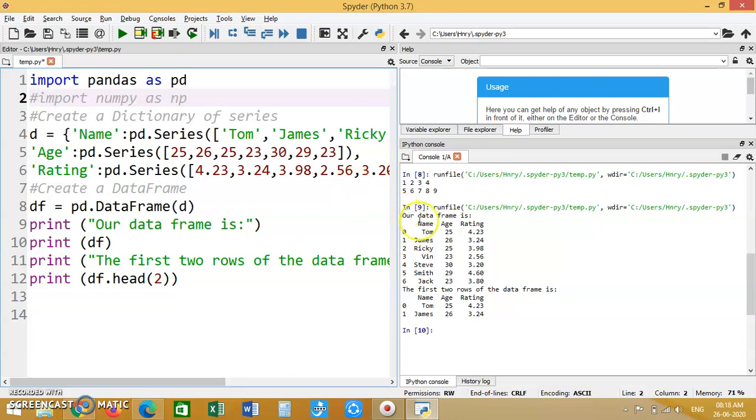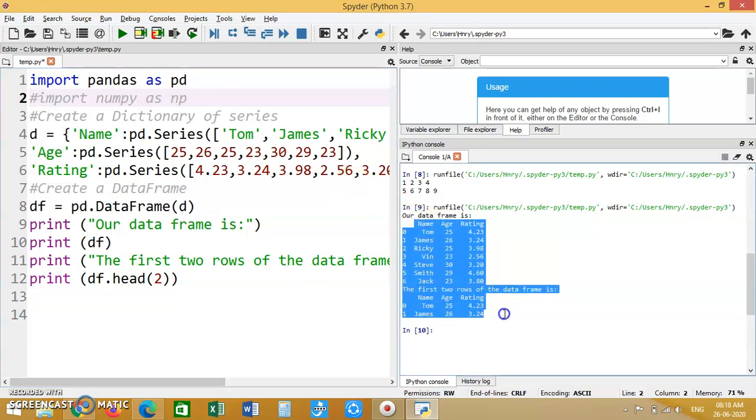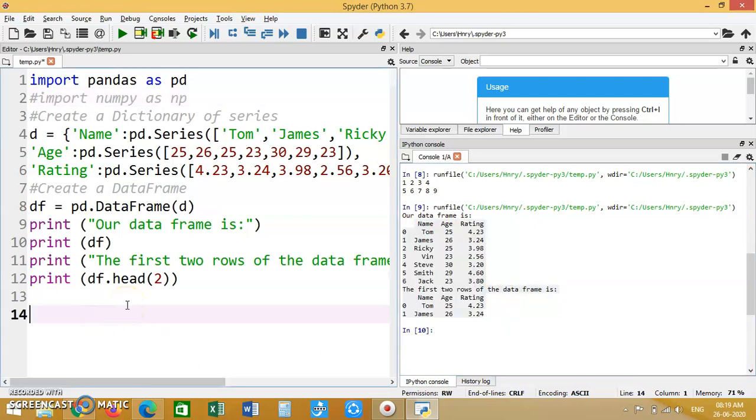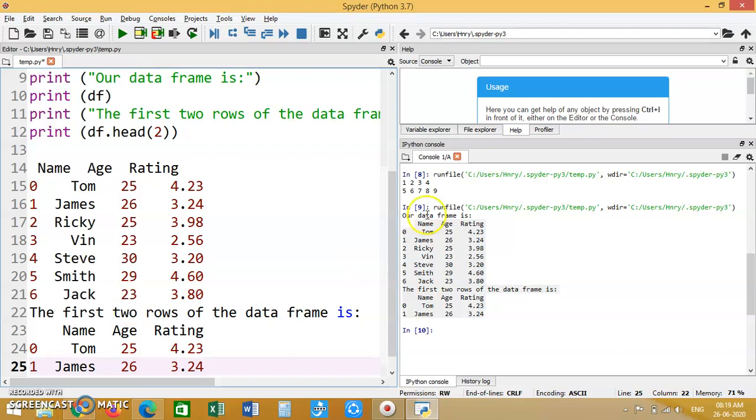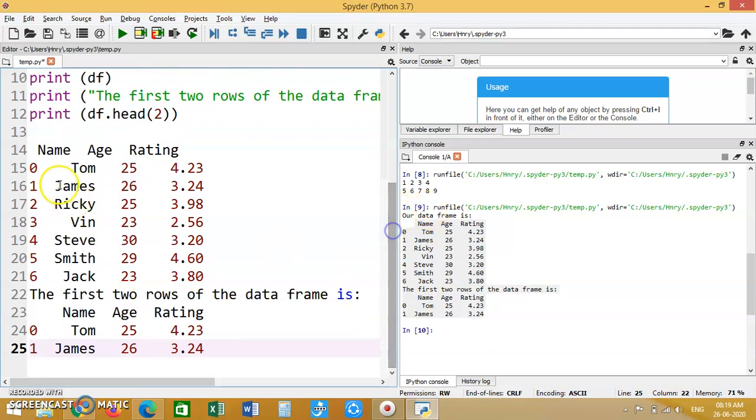So I have executed this, and now the output looks like this. I will give you a bigger view. This is the bigger view of your output. Because we have not given any index, it takes the index automatically, starting with 0, 1, 2, 3 up to 6, because there are 7 items.